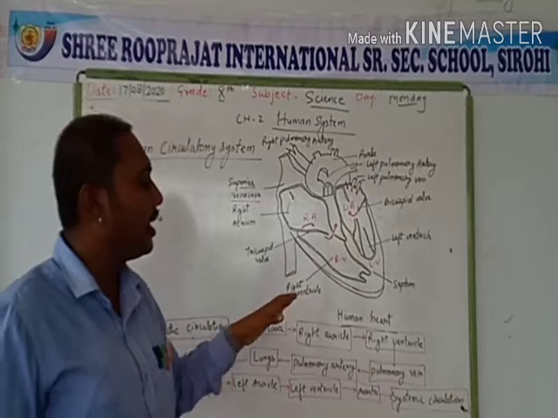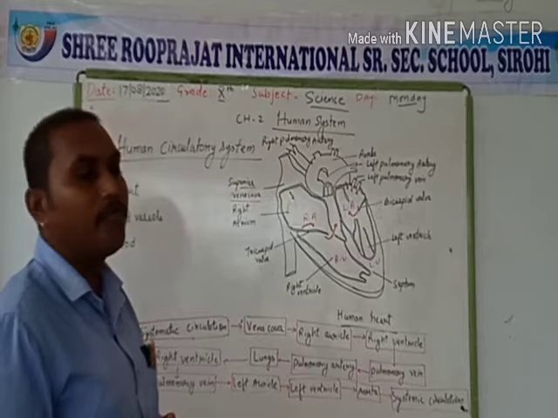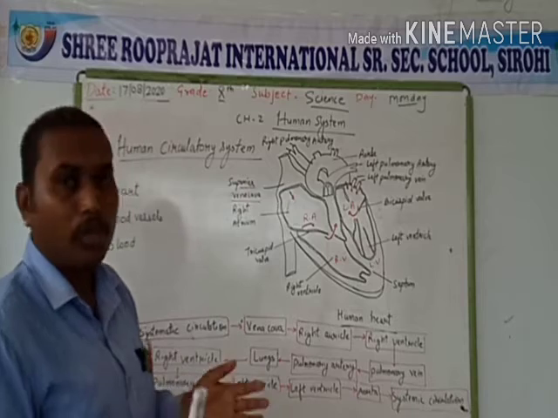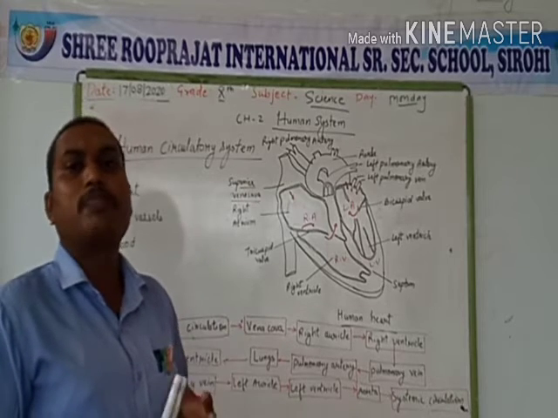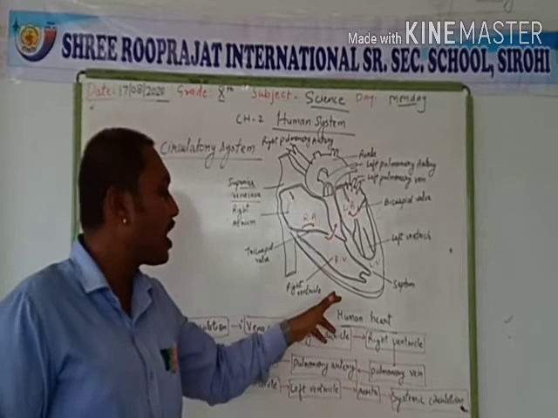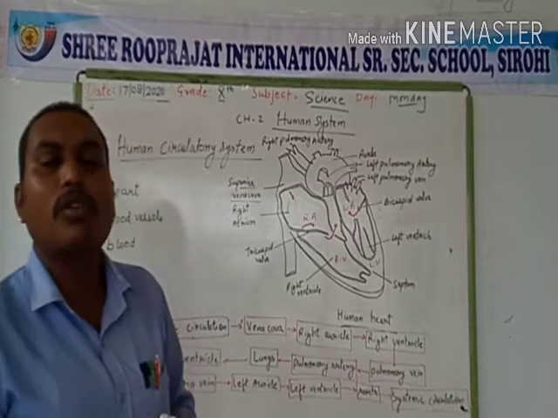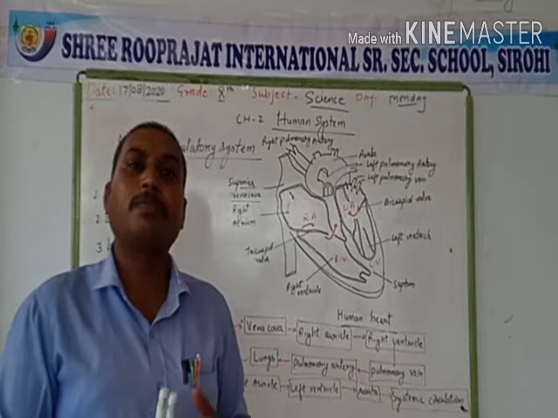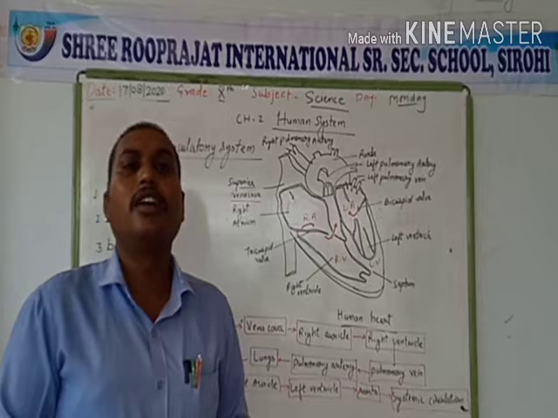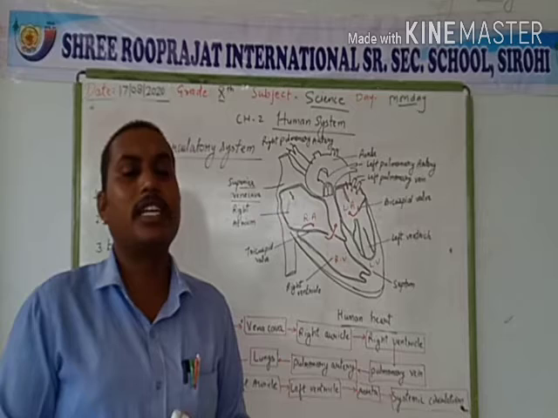Now the right ventricle also contains the impure blood and it is responsible for transferring the impure blood to the lungs through an artery known as the pulmonary artery. It is the only artery which carries impure blood from the right ventricle to the lungs for the purification of blood. In the lungs the blood purification occurs, but mainly blood purification is done by our kidneys. Kidneys are the filter of the blood, and after that the pure blood is transferred